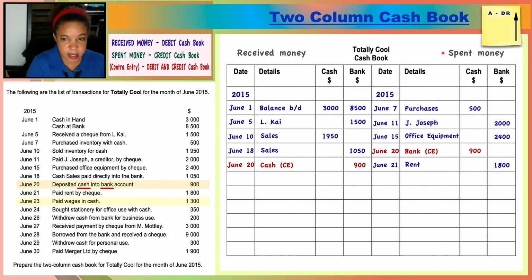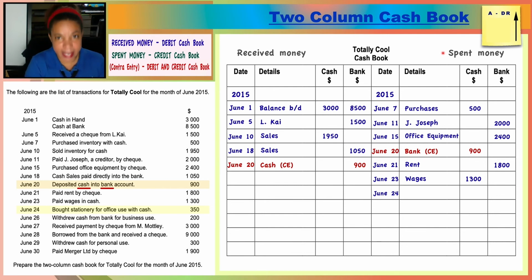And then we have June 23rd, paid again, so we go on the credit side. Wages is what we paid this time. We paid by cash, so we go under the cash column, 1,300. Speeding up a bit more, June 24th, bought stationery, which means you spent money, so you're back on the